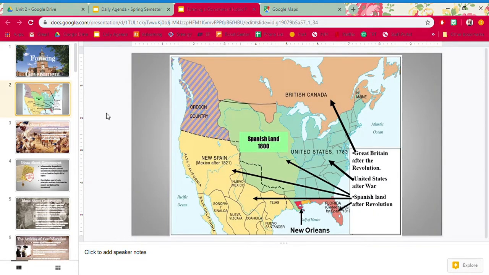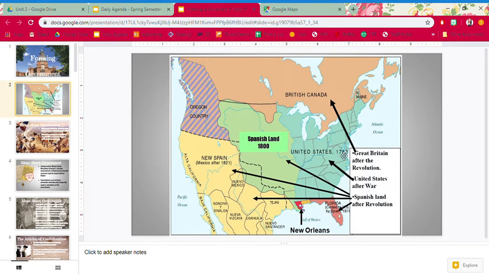So when we last left off in American history, we had the 13 colonies over here, and these 13 colonies had been living by themselves for a while, doing their own thing, and after a while wanted to break away from England and form their own country. And we talked all about why that happened, but they wanted to form their own country and did. They beat England in war and formed their own country called the United States of America. And when they did that, now the size of our country has increased.